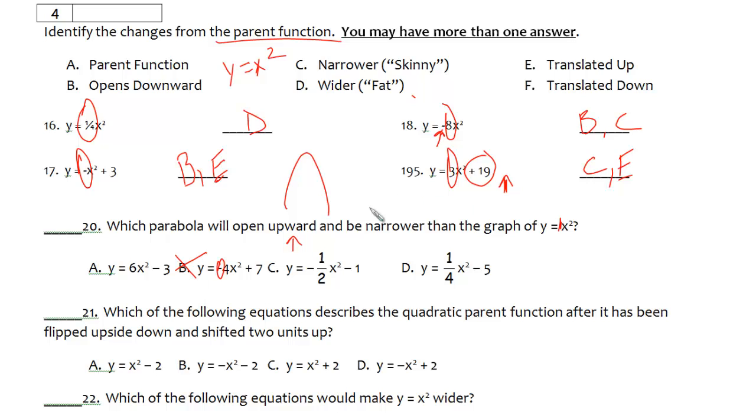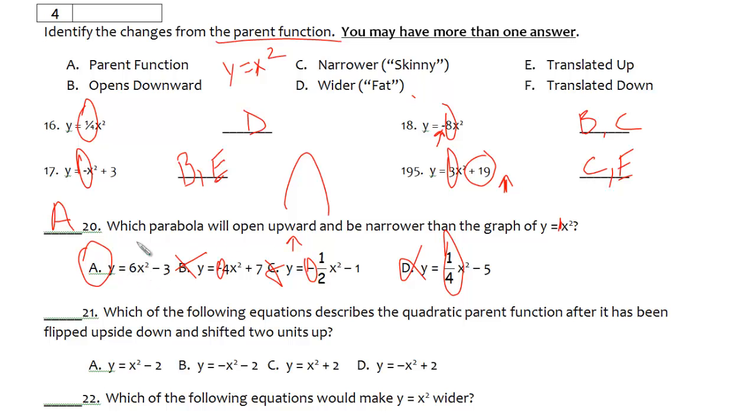I see in letter C, that one opens down as well, so that can't be it. This one has an A value of 1/4, which is closer to 0 than 1, so that's actually going to get wider, so that can't be it. So I see that A is the correct choice. It has a value of 6, which is further from 0,